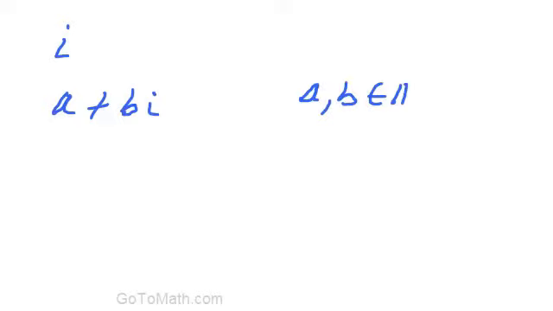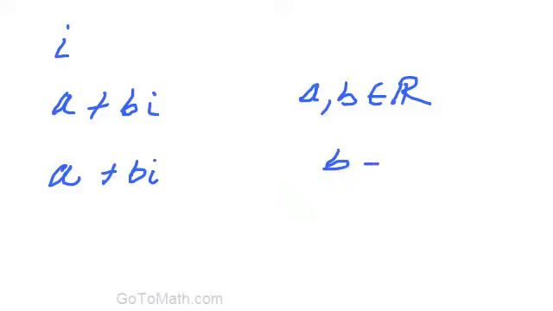Real quick, I'm just going to write some stuff out. This is known as the imaginary unit, i. A plus bi, where a and b are elements of R, is known as the complex number. Now the imaginary number, a plus bi,